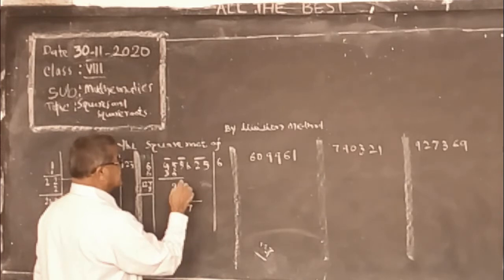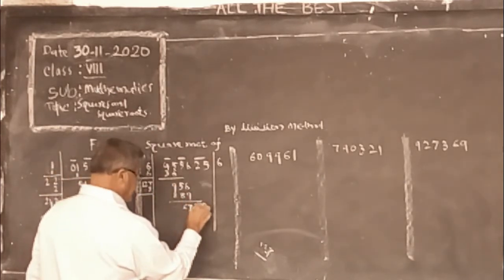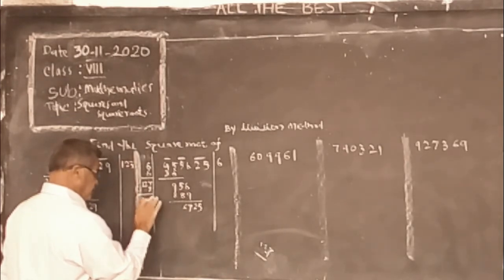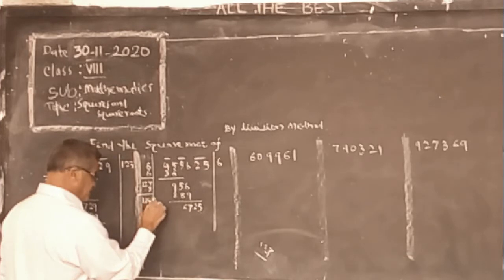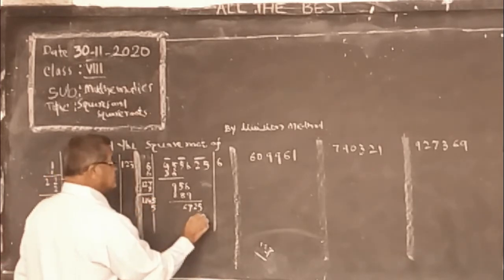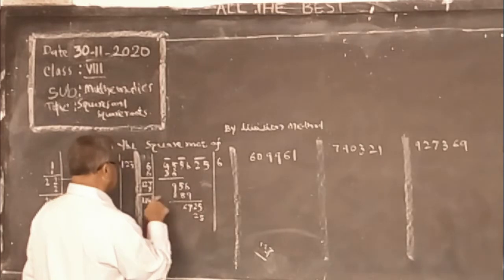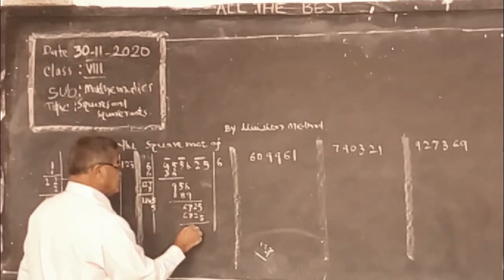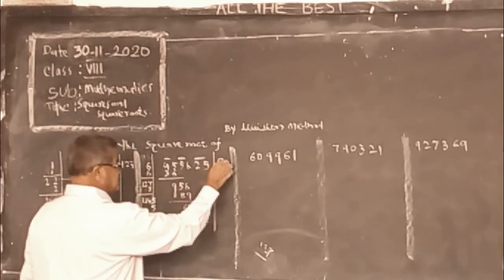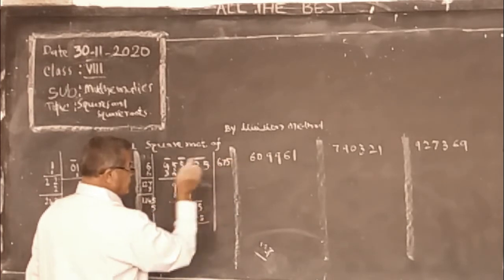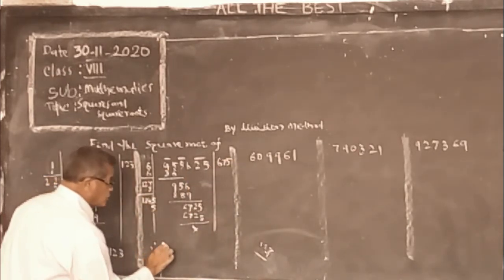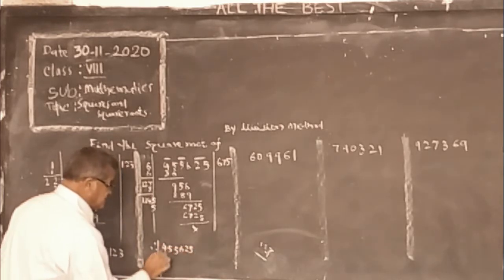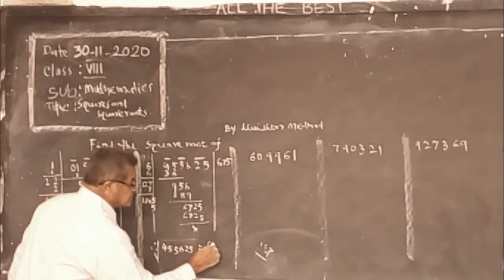14 minus 6, 6. Take 25 at a time. Now add this, 134. Last digit is 5. Definitely it is divisible by 5. 5 5s are 25, 5 4s are 20, 22. 15 plus 2, 17. 5 1s are 5, 1, 6. Remainder is 6. So first pair 6, second pair 7, third pair 5. Therefore, the square root of 455625 is 675.